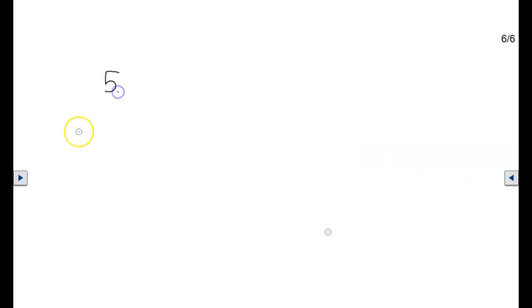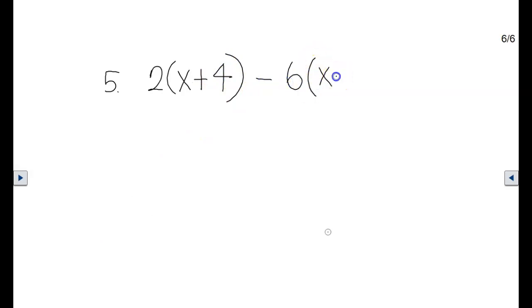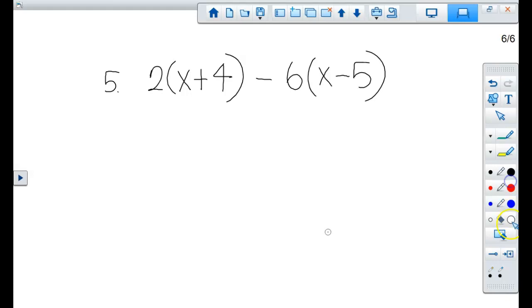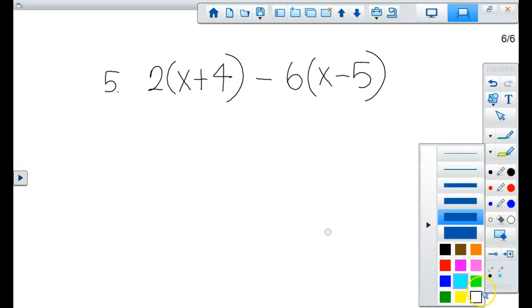All right. Let's work our way up here. We started out with problems that were not very complicated. And now as we go, we're putting more stuff in these. You'll notice immediately that what makes this next problem different is that there are two sets of parentheses. So distributive is going to be necessary,